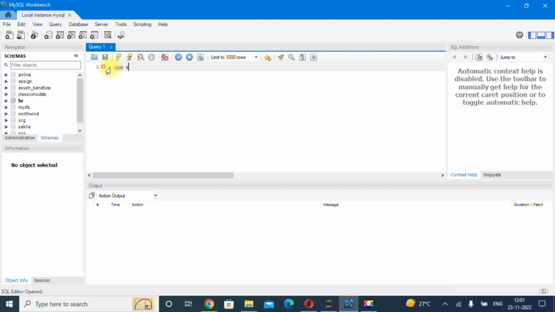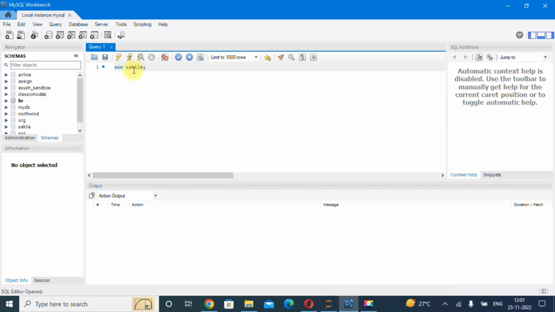After that you have to write the name of your database. So I am writing Sakila here. You can see this is the Sakila database available here. I am just activating that. And whenever you are writing any kind of query in MySQL, you have to end your query with a semicolon. So I am writing a semicolon here. This is the proper syntax you have to follow while writing any kind of query in MySQL. The semicolon indicates that your query ends here.